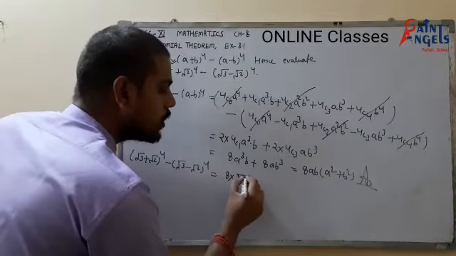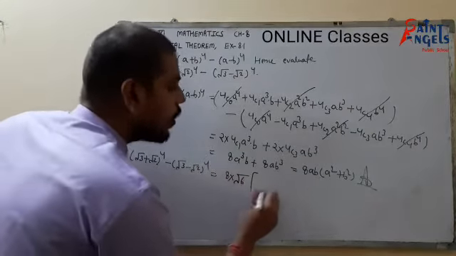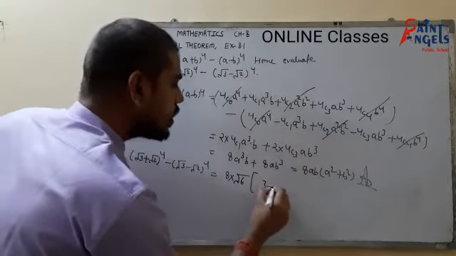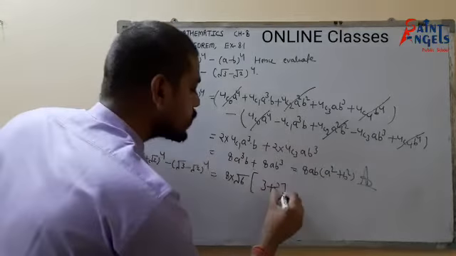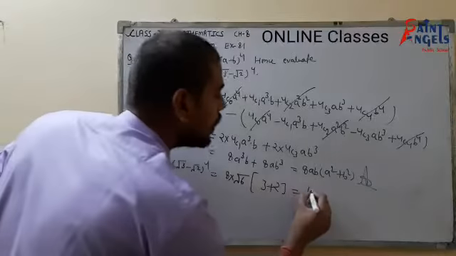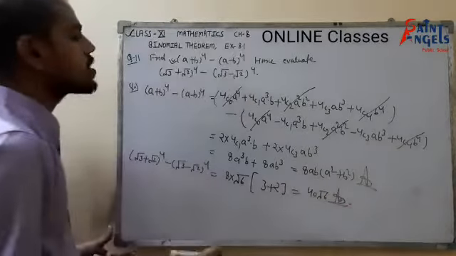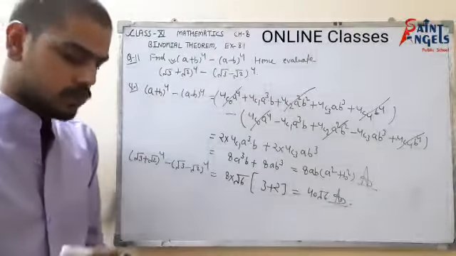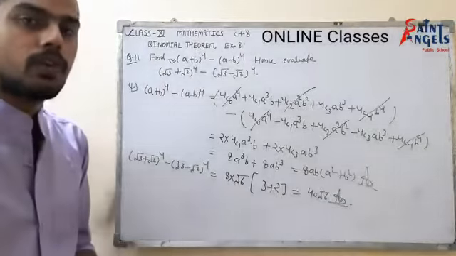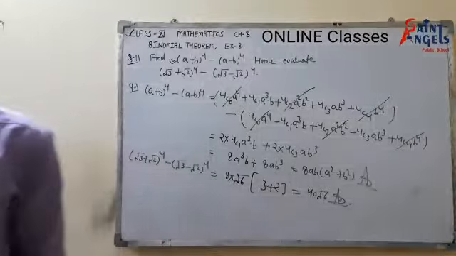So under root 3 into under root 2 is under root 6, 8 root 6. Now a square means 3 plus b square means 2. So that would be 5 into 8, 40 under root 6. That is our answer. Very easy. Question number 12 is also similar, so now you can solve it on your own. That's homework. So please pause the video and note it down.